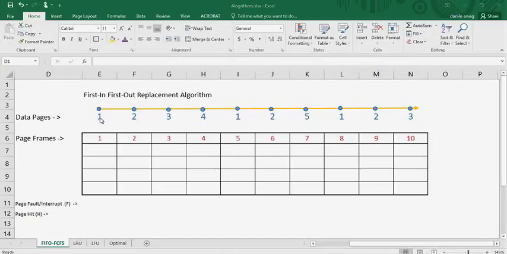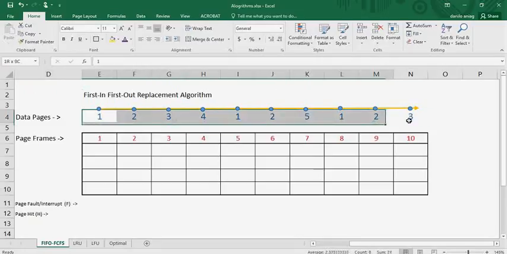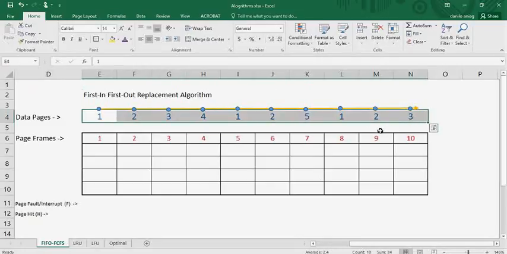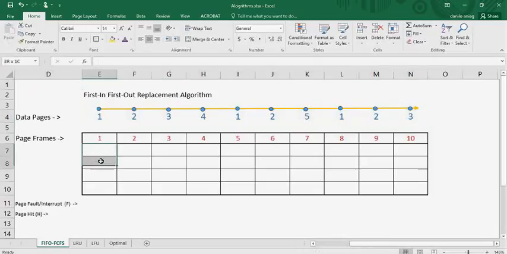Here in this diagram, I have 10 data pages that I need to load into the memory. And the assumption is that we have 4 frames in the memory: frame 1, frame 2, frame 3, and frame 4. What we're going to do is simulate the contents of the page frame in the RAM as the job comes in. Since there are 10 data pages or 10 jobs, we're going to look at how the page frame's content changes over time. And in so doing, we're also going to take note of how many page faults or page